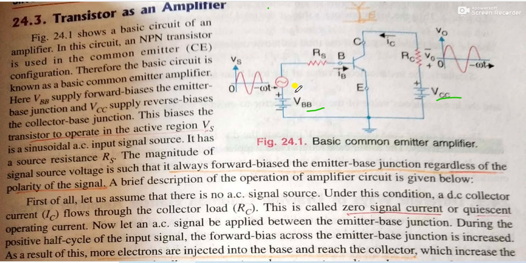As seen in this picture on the screen, there is one active device called a BJT. The type of BJT is NPN. Why do we call it the NPN BJT? Because the direction of current is from base to emitter terminal. The arrow is on the emitter terminal itself. That's why we say this is an NPN category of BJT.